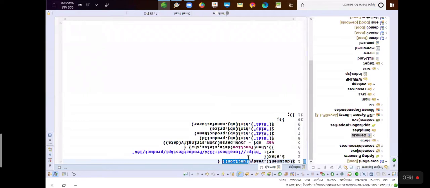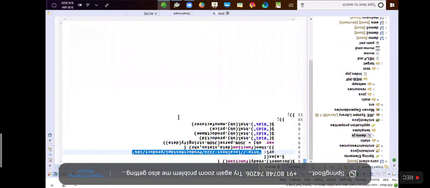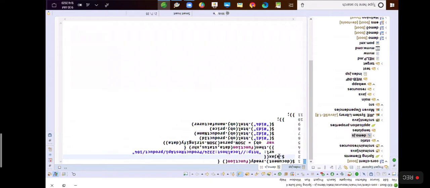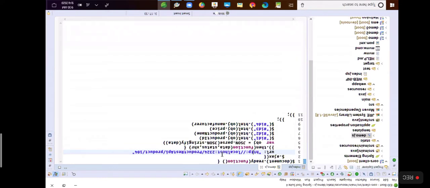And what this function will do is use the Ajax object of jQuery to make a call to this URL. This is our REST application URL, product REST API /ID.